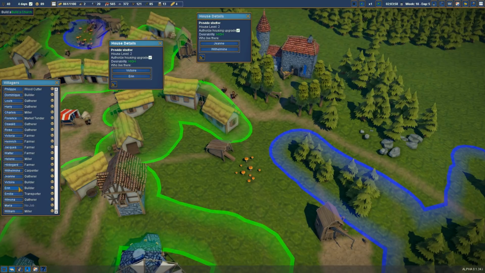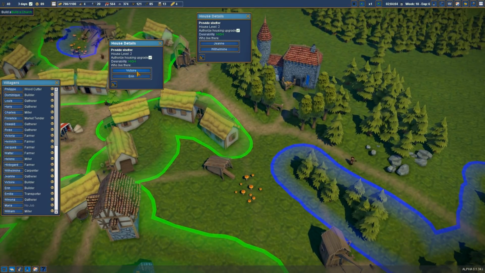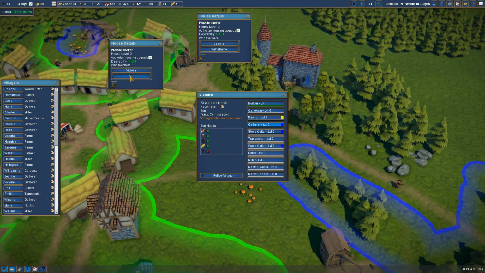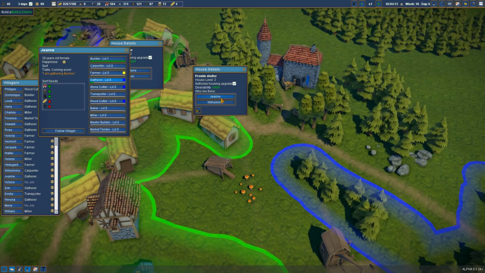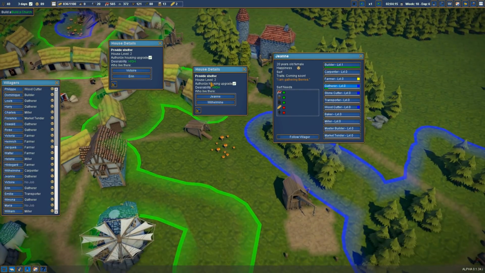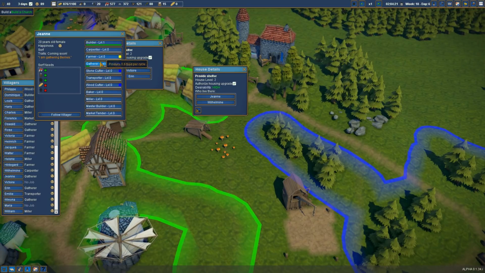I think these two, Victor and Erin, are builders. I'm wondering if we make you two gatherers. Yeah, I should have done that right. And who's in here? Are you gatherers? Who are you? Jean. You're a gatherer. Right, so if we make you a...